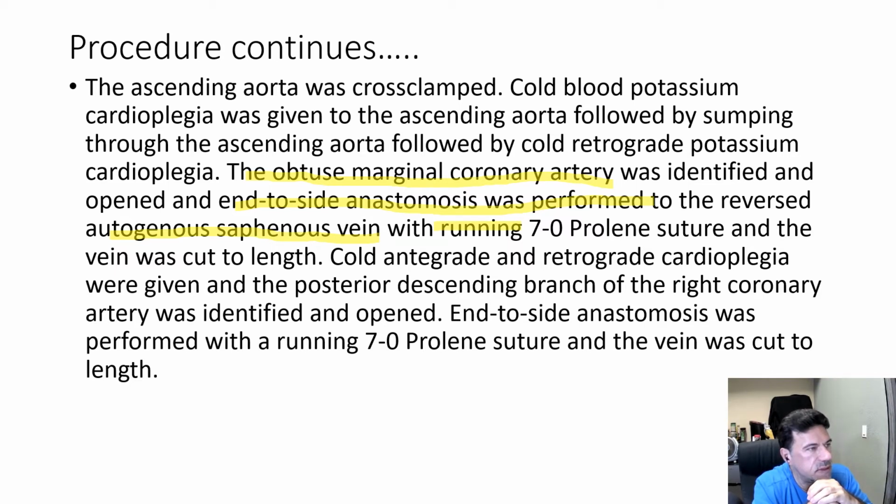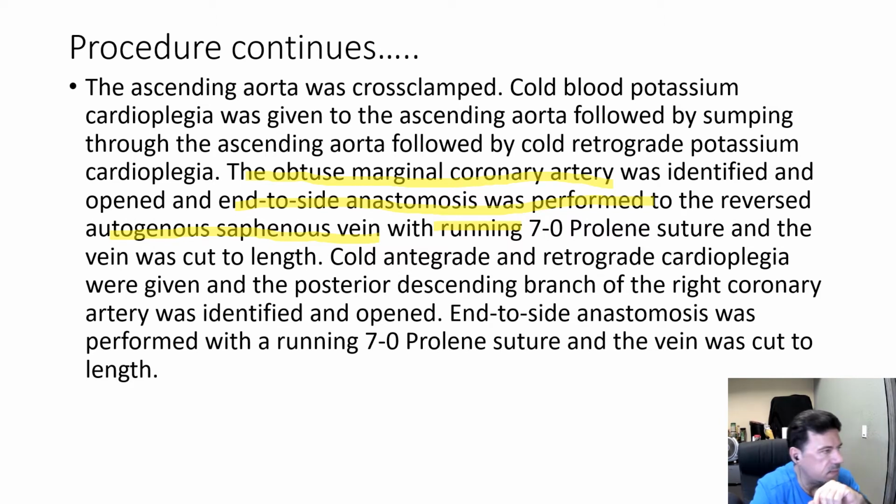Alright, this is the first bypass. It's from the aorta to the obtuse marginal coronary artery, right? They're using a saphenous vein graft to the obtuse marginal coronary artery. That's a bypass. They used the Prolene, and then they cut the extra, and then the vein was cut in